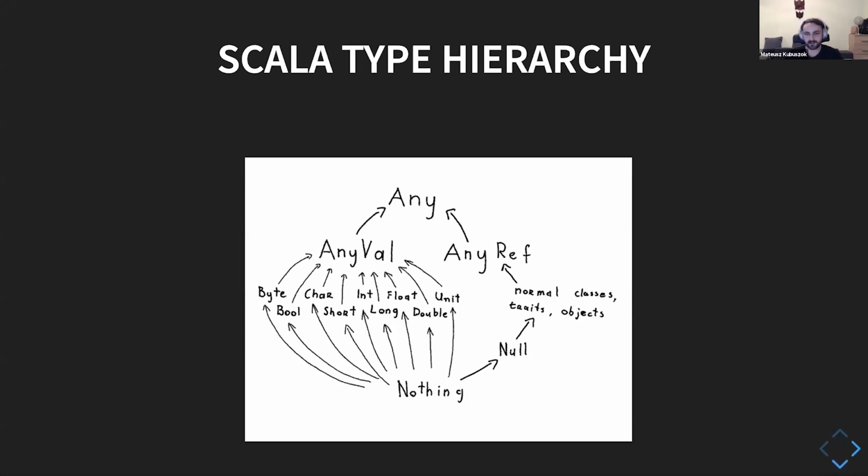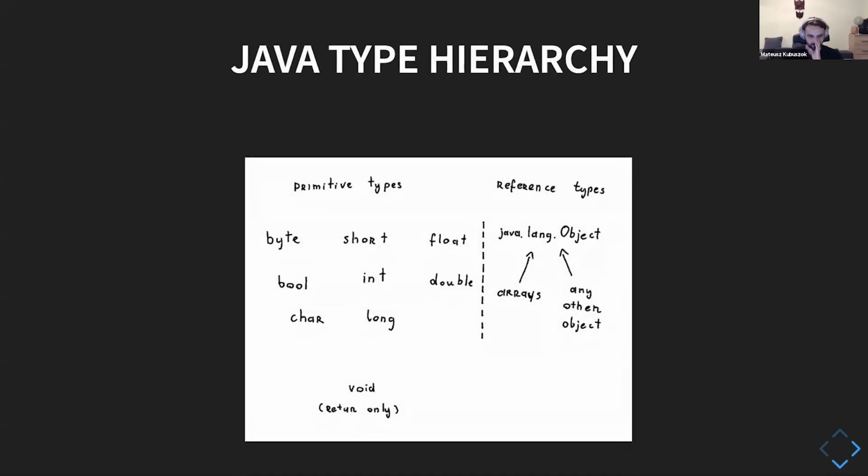End of story. This is not the case in Java, because as we said before, we have a distinction between primitive types and reference types. So basically each of the primitive types is a type of its own that we cannot combine with anything else. We have objects, which have something like a top type, java.lang.Object, but java.lang.Object is not a supertype of any of the primitive types, so we cannot combine them.